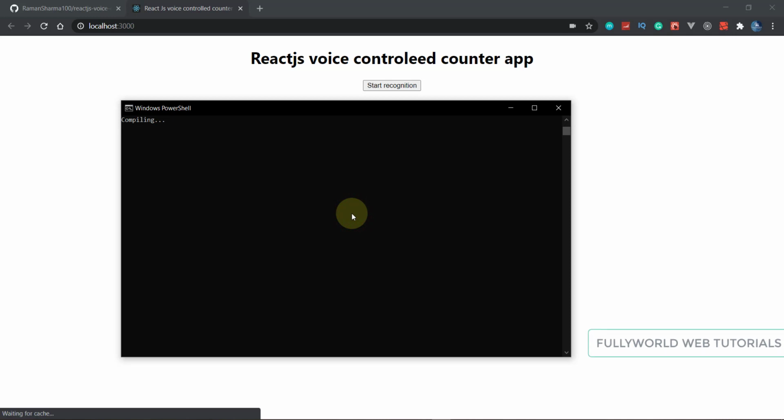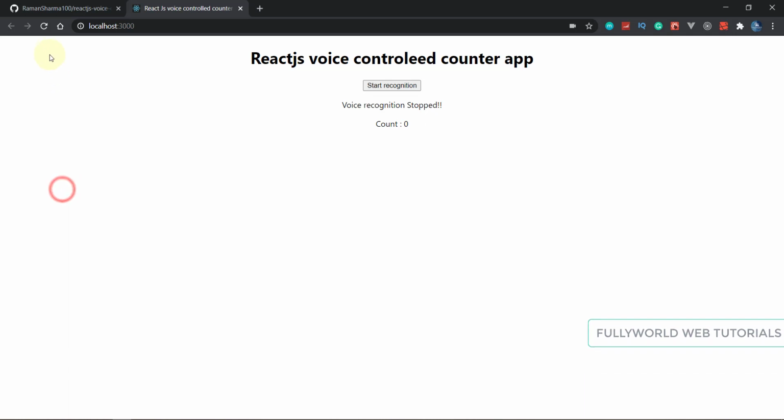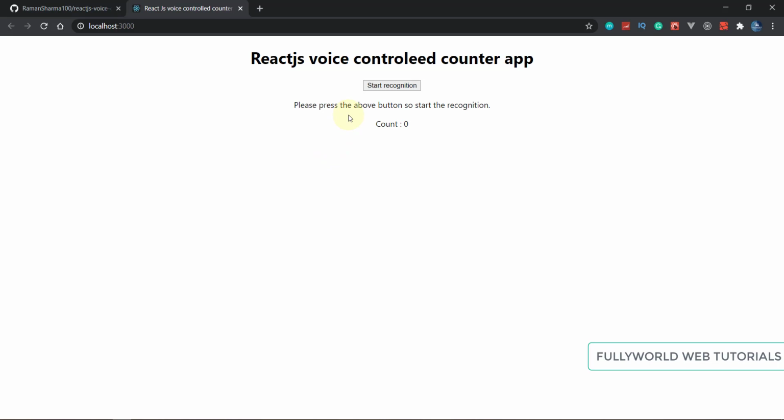It is compiling again. So now see that it is compiled successfully now. So I'm going to refresh my browser here. So when I now click on start recognition, see that I am clicking on start recognition, and our recognition will not stop until I write stop recognition or give any commands. We haven't programmed commands till now, but after testing this we are going to program our commands.